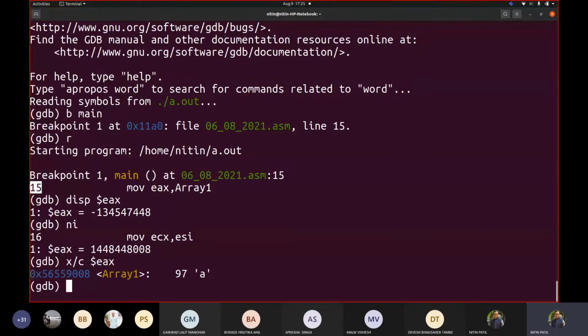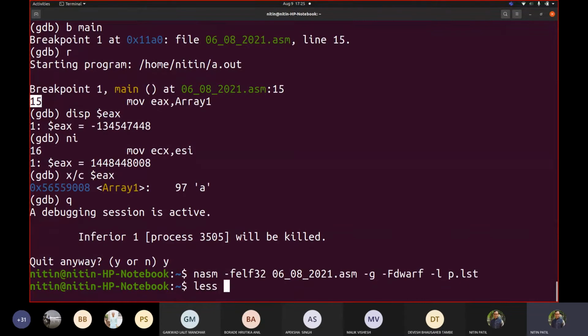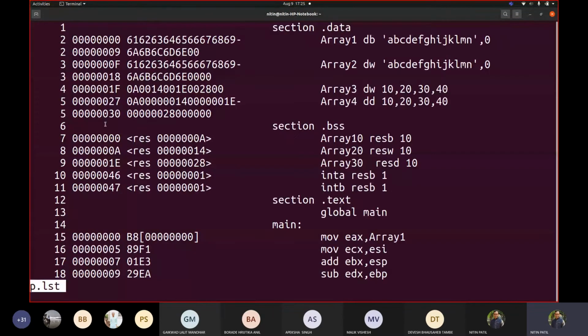But actually in binary mode, it has some address associated with this instruction too. So where can we see this? Let us see. In the lst file, you should be able to see that part, the address. In the lst file you will see this is what it is getting here. So this is its address. So it is at 000.